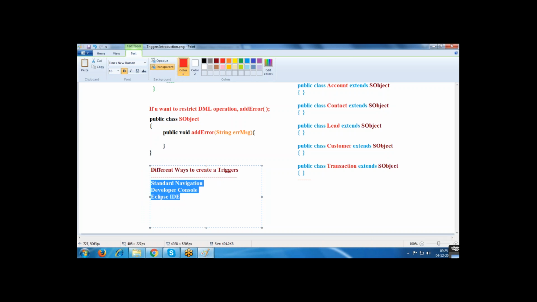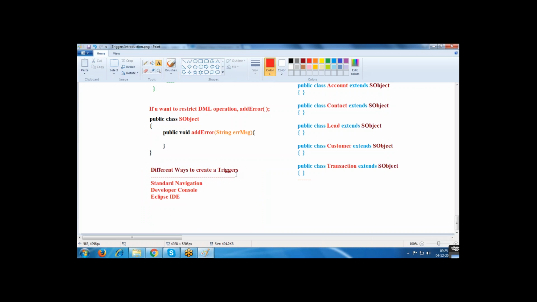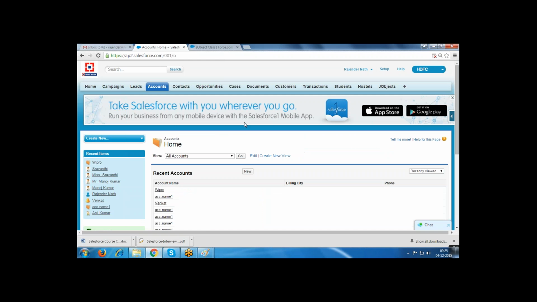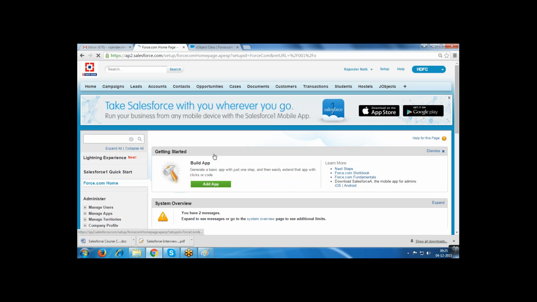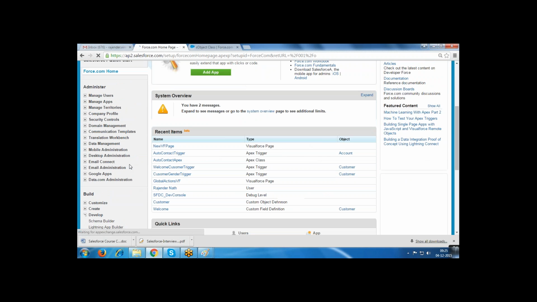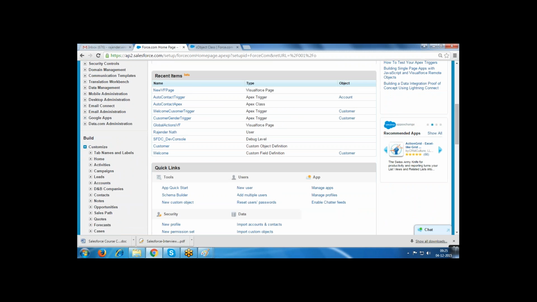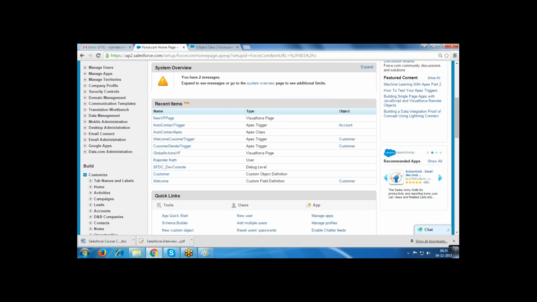If it is standard navigation, how to create it: go to setup, then build. We require build as the option. In the build, customize, because any standard object is available under customize only.